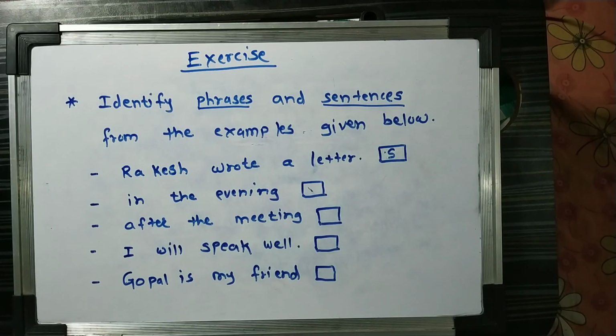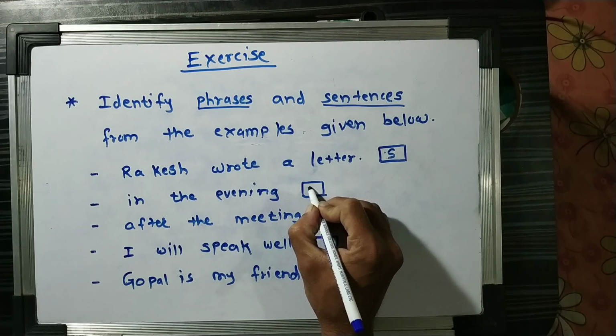Now the next group of words contains three words. In the evening. After reading this, are you getting any meaning? The obvious answer should be we are able to get some meaning, but it is not clear. We are not understanding the full message, but something we are understanding out of that, and therefore this group of words is not a sentence, rather it is a phrase, and as it is a phrase we will put P